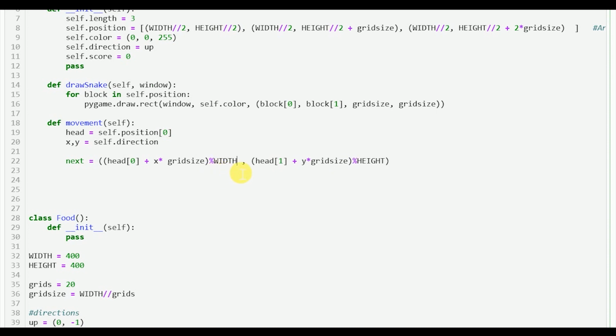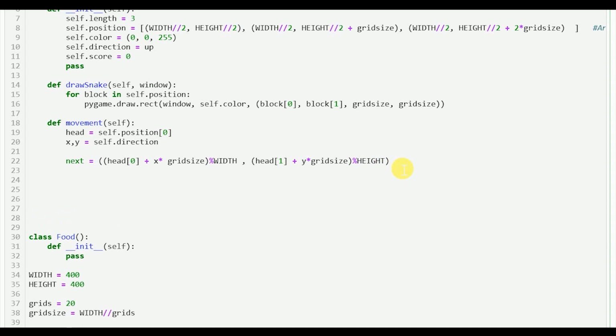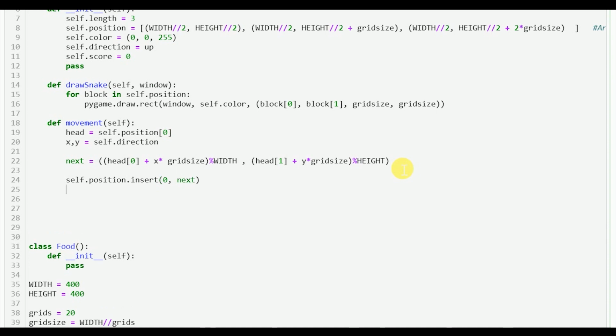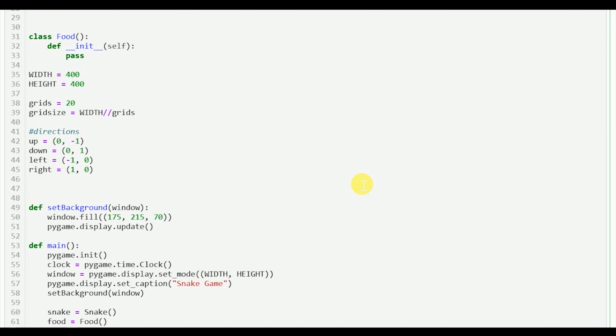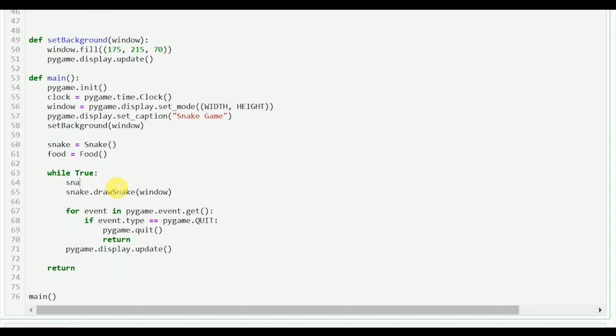Okay, so this is the next block which has to be inserted, and then I'll insert it. So self.position.insert at the start, I'll insert next, and self.position.pop to remove the final block. Okay, so I guess this should do for movement. So let's call movement as well. Let's add the movement here, snake.movement,